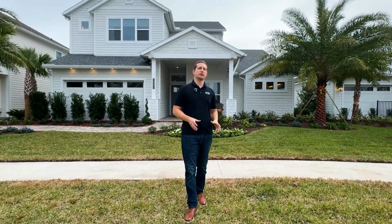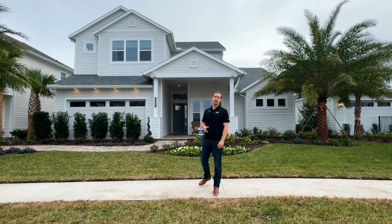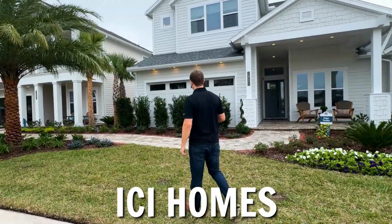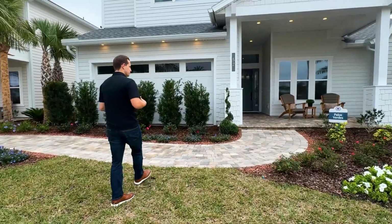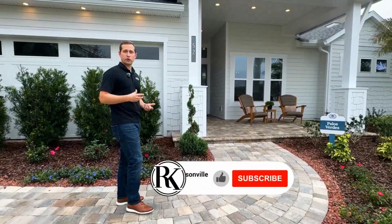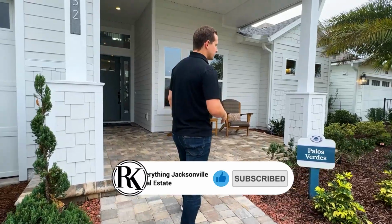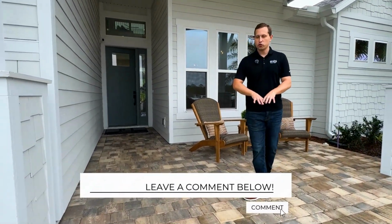All right, so we are going to begin this walkthrough of the Palos Verdes floor plan, which is a floor plan that is built here with ICI Homes. ICI is one of the many builders here in the Reflections. ICI does a lot of things differently than most other builders. A couple of things I'll mention in this video, but if you want to know more, always feel free to reach out to me to learn what they do differently than others. But to begin with this Palos Verdes floor plan, they actually gave you a really nice big